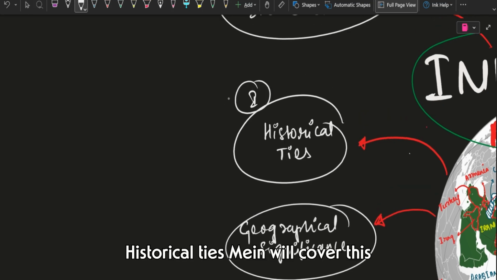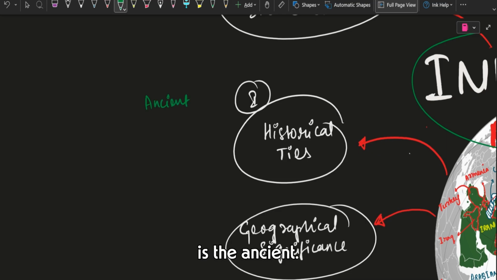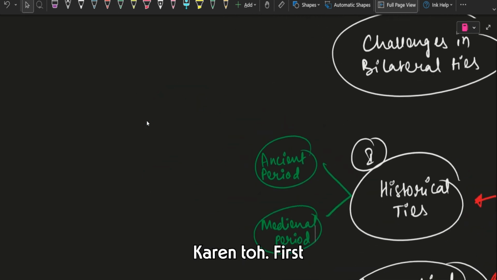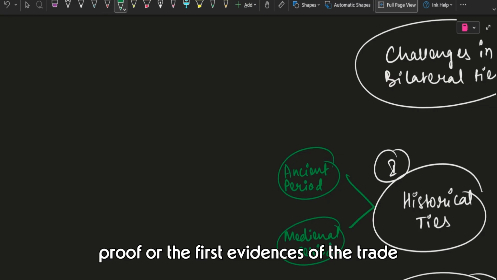Historical ties में will cover this portion into two parts. That is, first part is the ancient period, and the second portion is medieval period. अब ancient के बारे में अगर हम बात करें, तो first proof or the first evidences of the